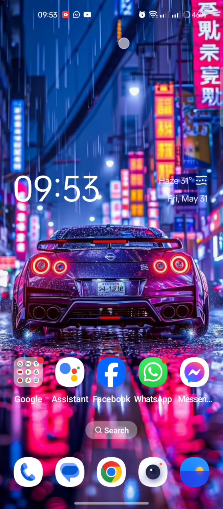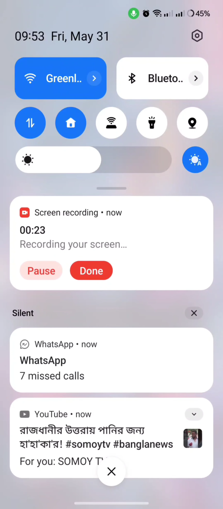See, the screen recording is in a floating window like earlier, before the Android 14 update. So you can also change it from the settings menu. The update is completed successfully.